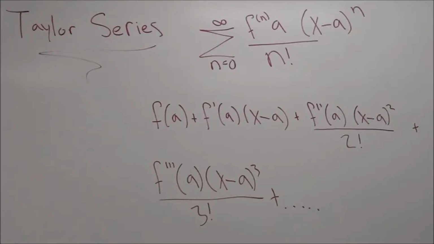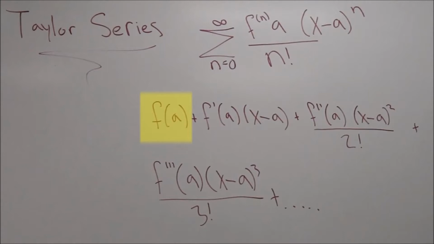Let's review what we know about Taylor series. To start, we'll look at the summation, which is the sigma symbol here. It shows the summation from n equals 0 to infinity of the nth derivative of f at a over n factorial times x minus a to the n. This is the base for all Taylor series, and when written out it gives us what is known as the Taylor series polynomial. This shows that when n is 0, your first term is the function of a,